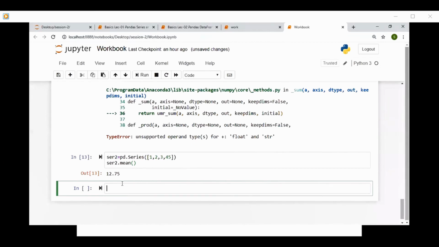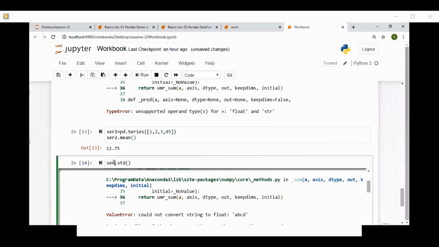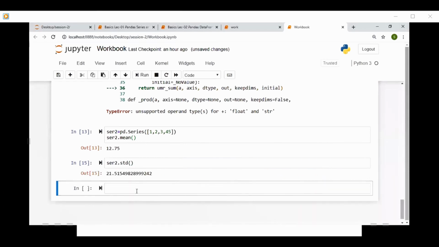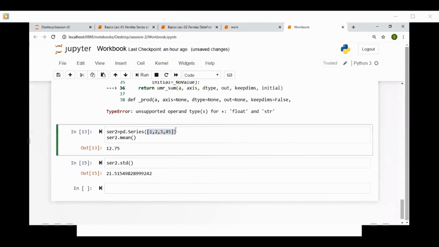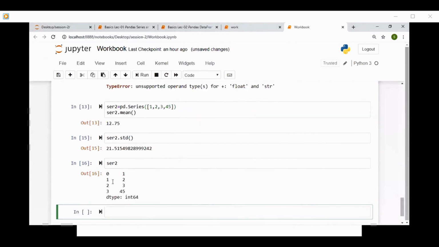So as long as all the elements in your series are integers or float objects, you can calculate the mean and max and min. Say I want to calculate standard deviations, and I will use std, ser2. Okay, it's ser2 dot std. This I've got is the standard deviation of the elements present in ser2. Okay, just print ser2 once.